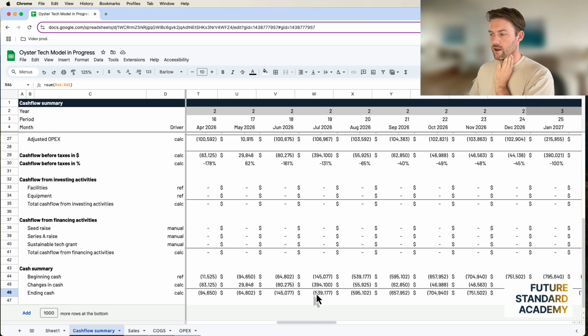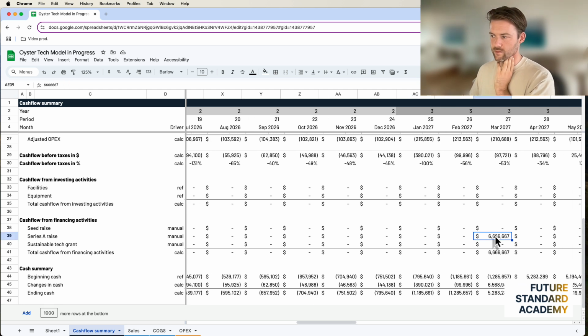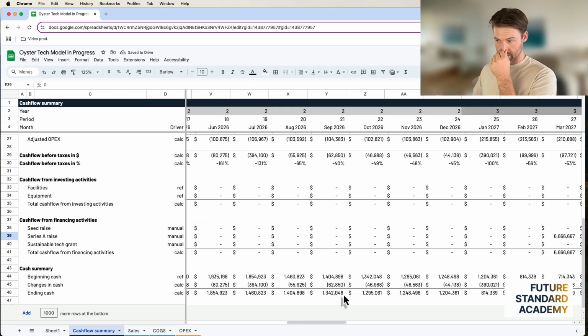Okay. And then we look at how deep this goes into the negative, right? So if we still assume that the Series A is going to happen in 27, which is after they start to get a few customers, 25 to be exact in the plans, they still need to cover a maximum of $1.3 million until then. So that's exactly why I came back here and said, well, we need $2 million to do that, right? So now we're going to go over.